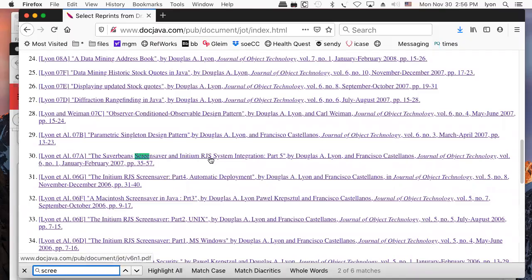submission systems. And so what you want to do is figure out how to get a screensaver to work on every common desktop computer. So I have them for the Macintosh, Windows, and Unix. And so we had separate articles for implementing the screensavers in Windows, Unix, and Mac. And then when the computer goes idle, it volunteers the CPU to try and help solve a job. And so that is a